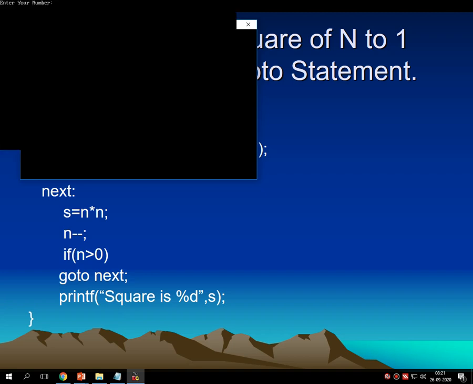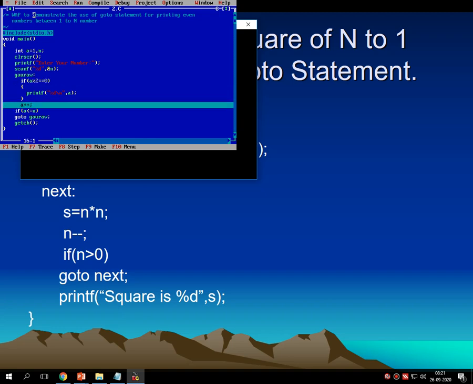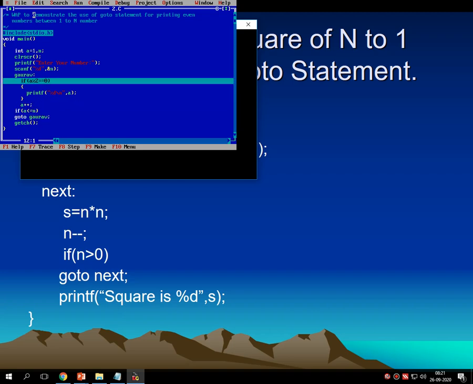Then it asks for one number, say for example I am entering 5, so the value of n is 5. Here it checks a, that is 1, modulus 2 equals 0. It's not divisible by 2, the remainder is not 0, so it will not print a. A becomes 2, 2 is less than 5, 2 is divisible by 2, so it prints 2 onto the screen.